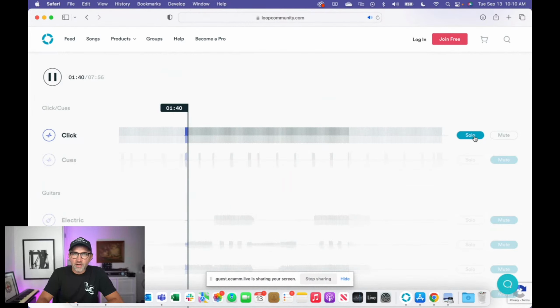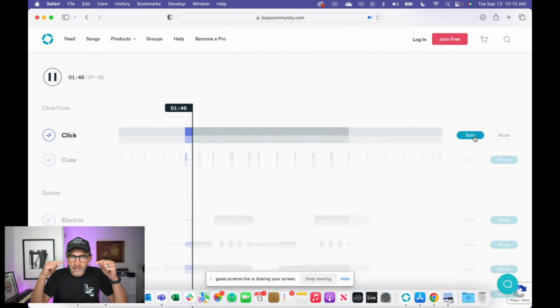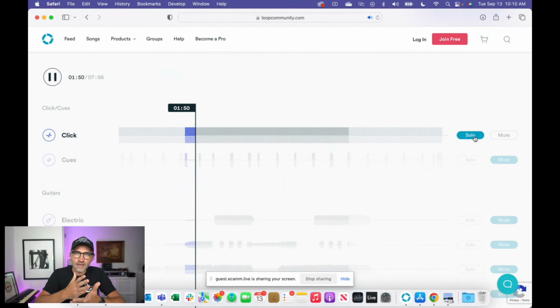The really cool thing about using tracks is that you have a click. Everybody in the band will hear this click in their ears, and this is what keeps everybody in time with each other. All right, this is a really important piece of using tracks in worship because everybody is playing in time with